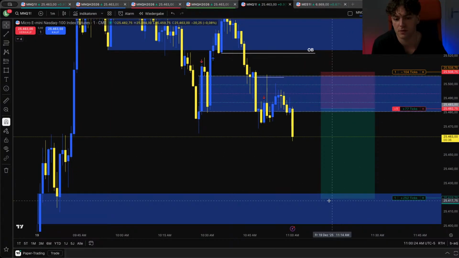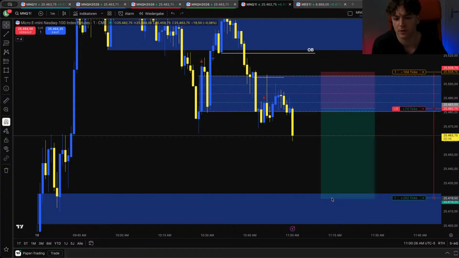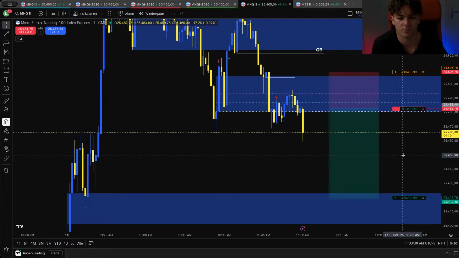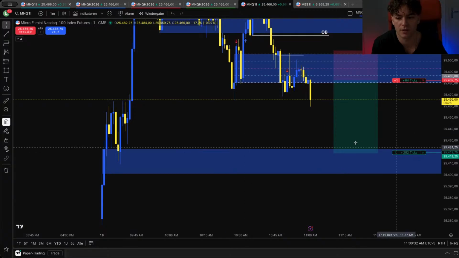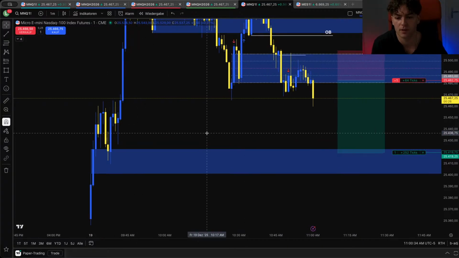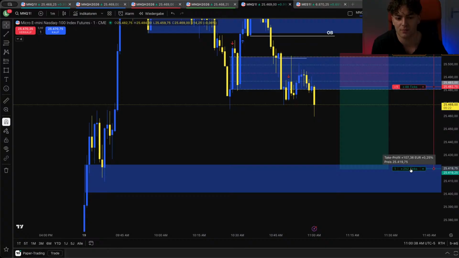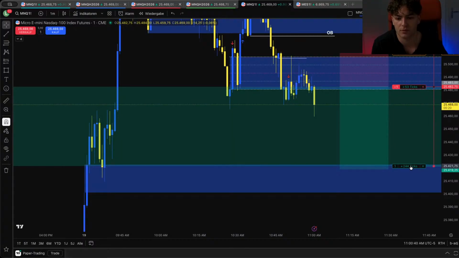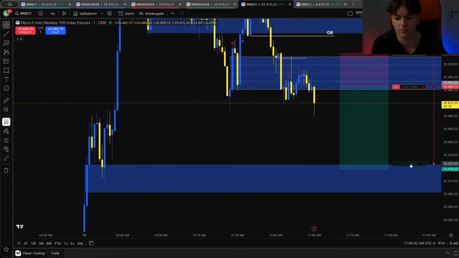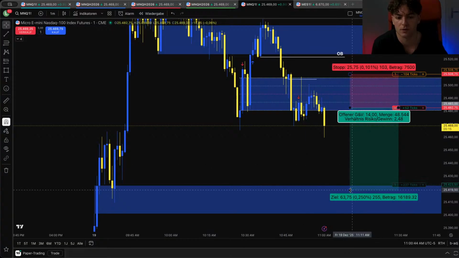Let's see, let's see. Okay, he says yes, it will pan out. We will see. So my low-hanging fruit target is this first percent fair value gap. Since high time frame bias looks rather bullish, I'm contemplating if I put my TP just above this level. I guess I will. So we have a